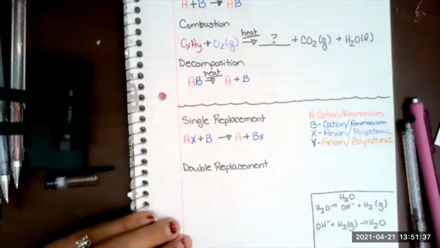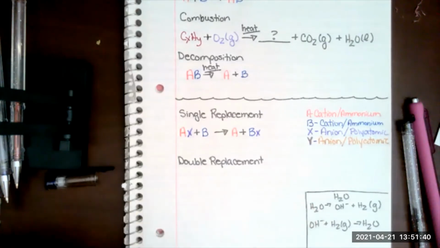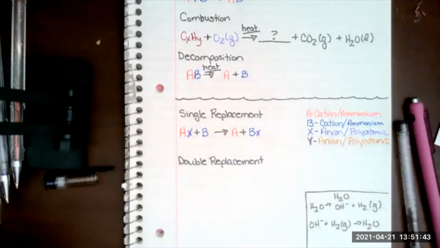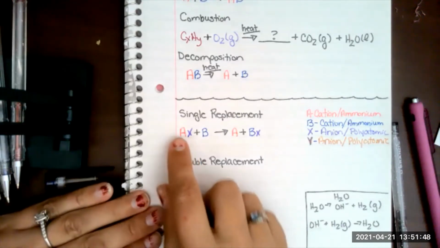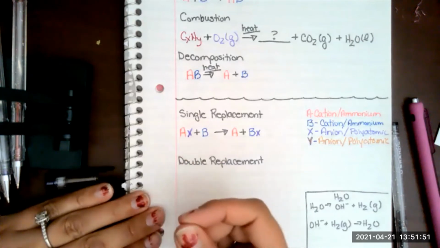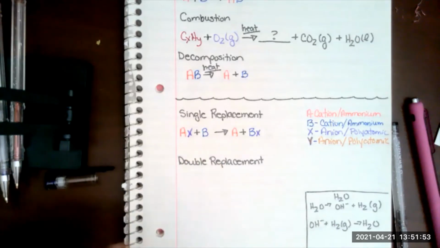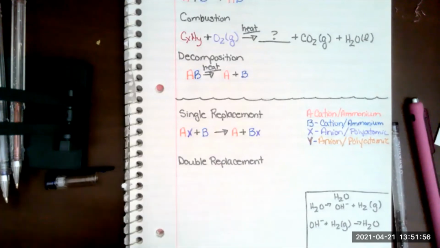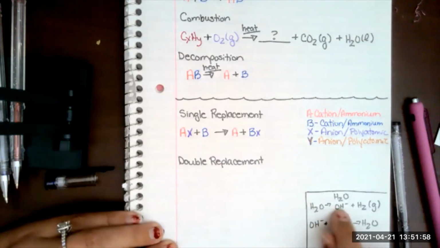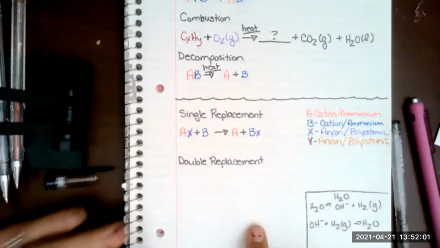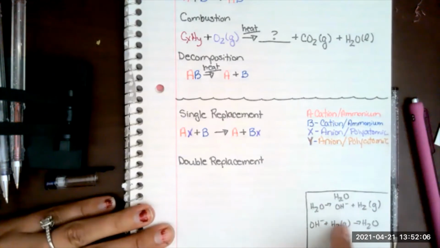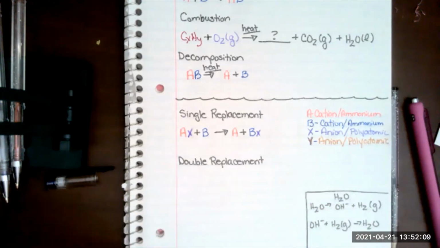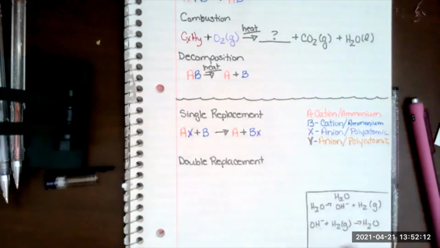So I'm going to point you down here because we talked about it earlier, but sometimes when the switch is happening, and we'll look at specific examples in a minute, it might be H2O plus something. Well, remember, hydrogen is funky. It kind of acts as both an anion and a cation. So when it switches, the OH and the H get pulled apart. Or sometimes when they get added together, it becomes H2O. So we're going to look for that. That's why sometimes it isn't as clear that the switch is happening, because you have to look for the water. So let's look at some examples